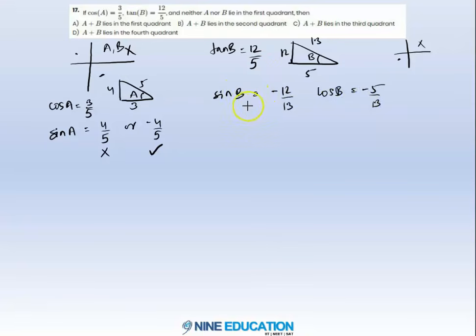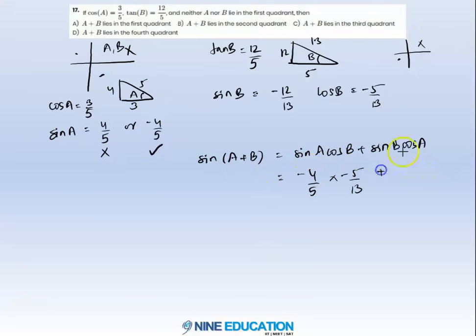So based on this, if we can calculate sine A plus B, whether it is getting positive or negative from here. So sine A value minus 4 by 5, cos B value minus 5 by 13. Then sine B value is minus 12 by 13 and cos A was 3 by 5. If I calculate this, 20 by 65 minus 36 by 65, definitely it is negative. And if sine is negative, sine A plus B is negative, and if we calculate cos A plus B in a similar way,